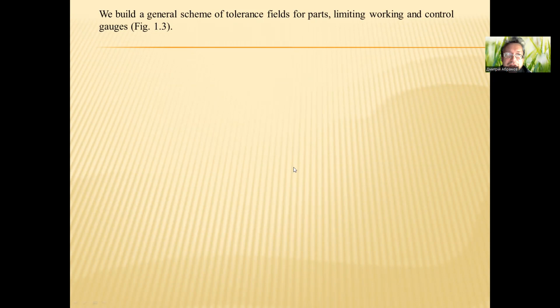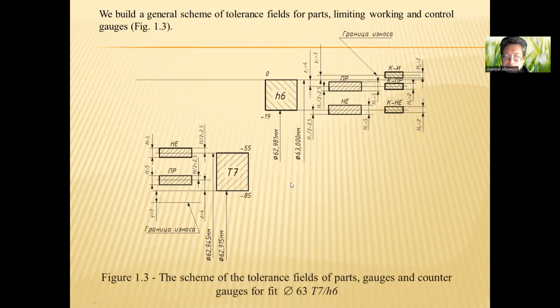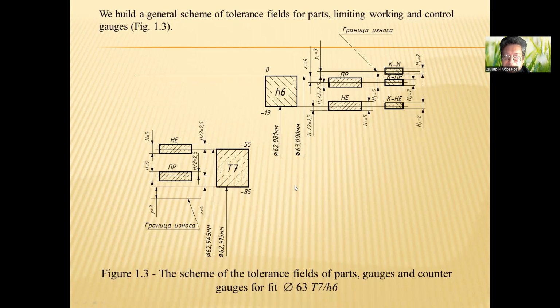We built a general scheme of tolerance fields for parts, limiting working and control gauges. The scheme of the tolerance fields of parts, gauges, and contour gauges for diameter 63, T7, H6. We have the tolerance field of the hole, T7, the tolerance field of the shaft,